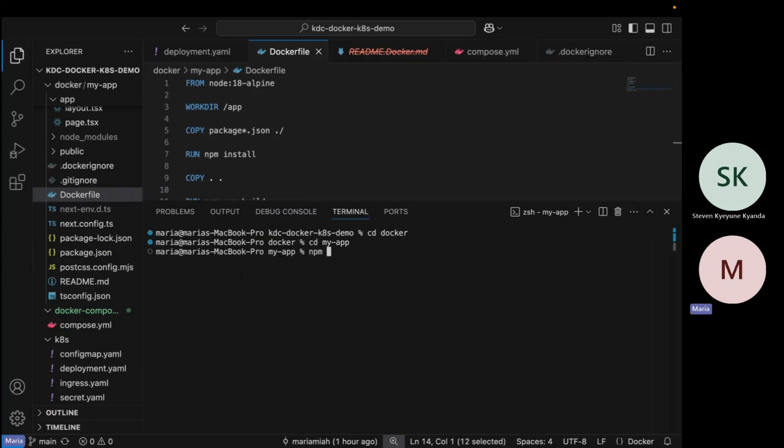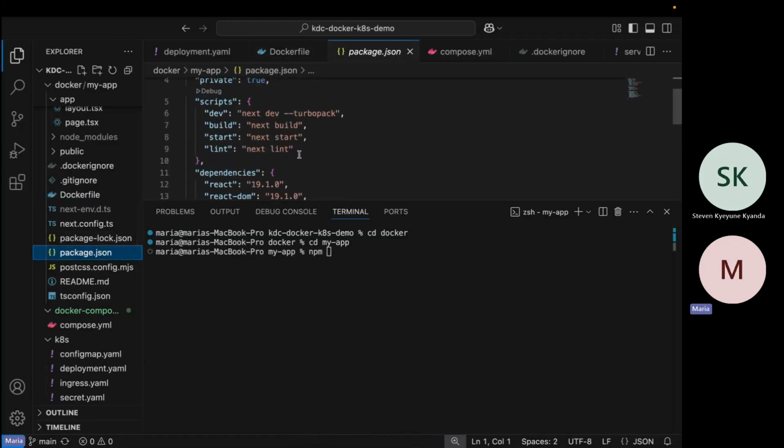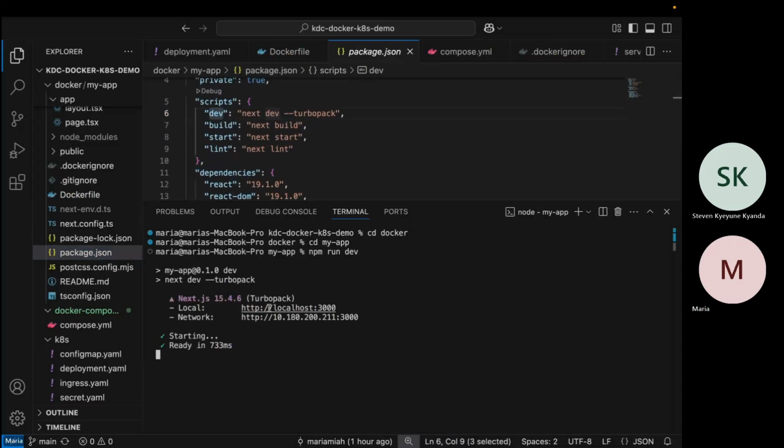So the command to run this application is npm run dev, because I haven't built it. And it will just show Kampala DevOps Community.